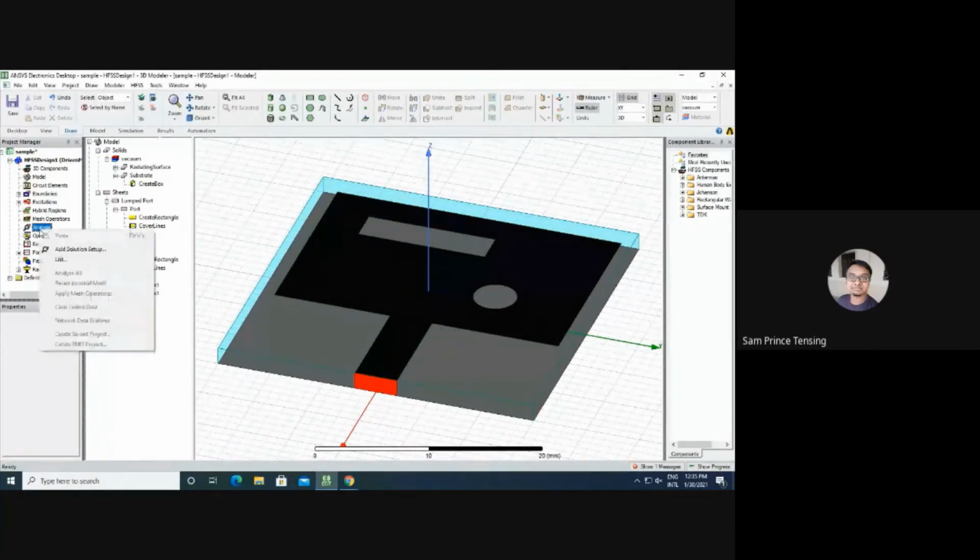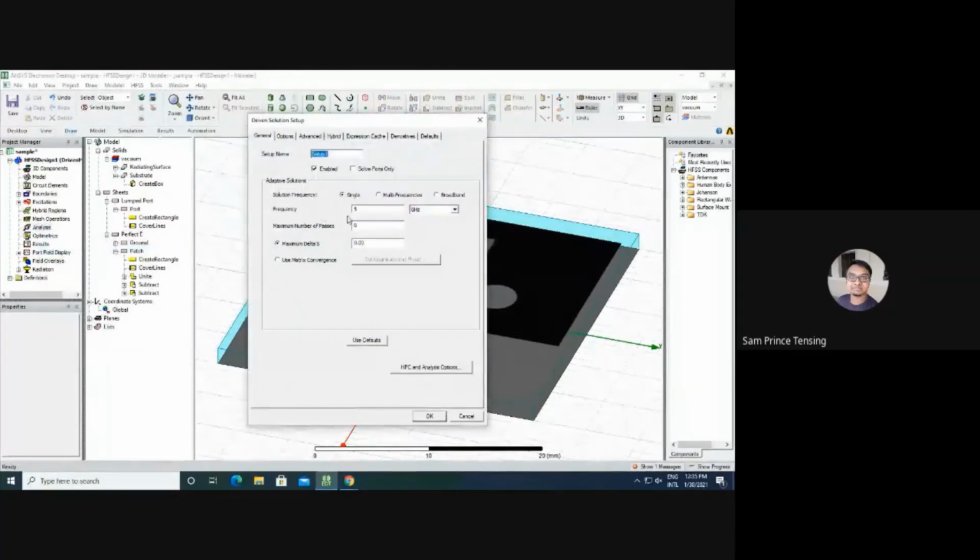Click analysis, right click, add solution setup. Here you can give whatever frequency you want. For example, if you're working at 2.4, you can give 2.4. And if you are working in terahertz, you can change it here to terahertz, gigahertz or megahertz, based on your requirement. And for the maximum number of passes, you can keep 10 or 20.